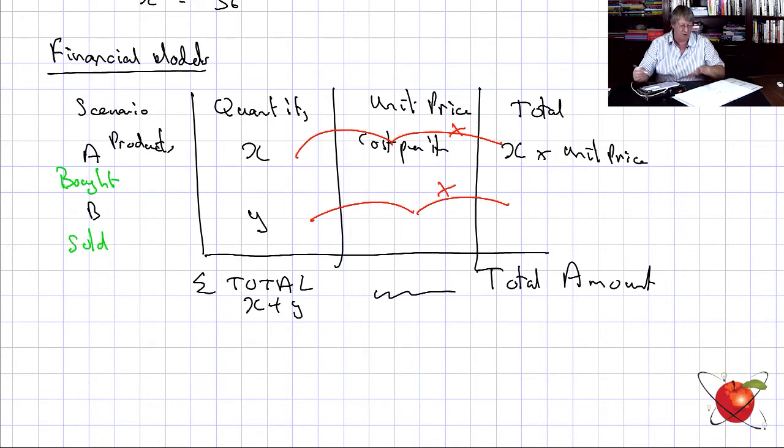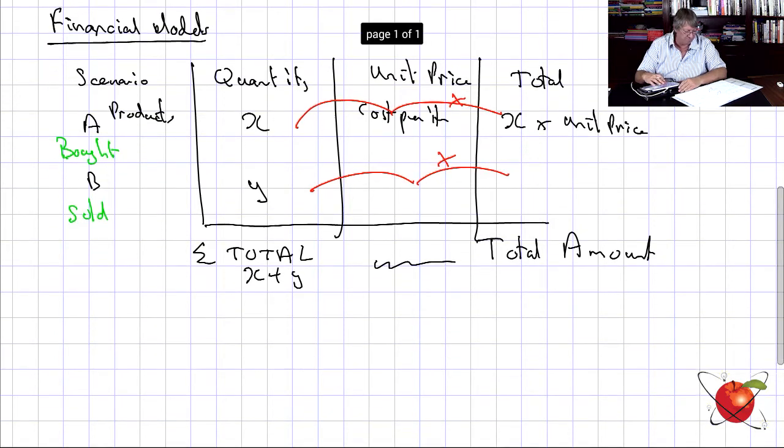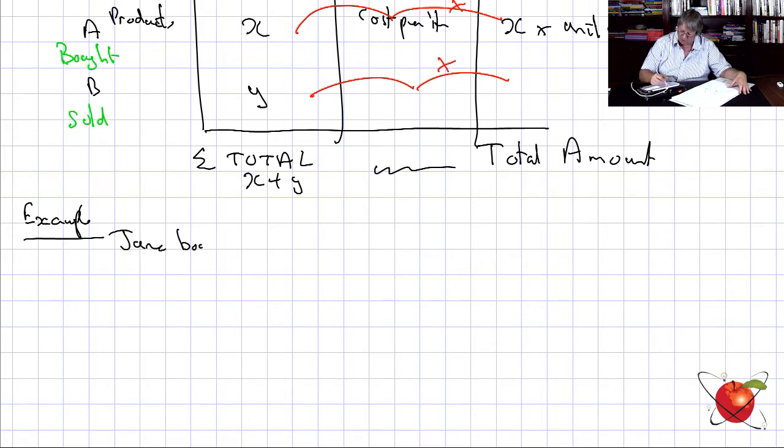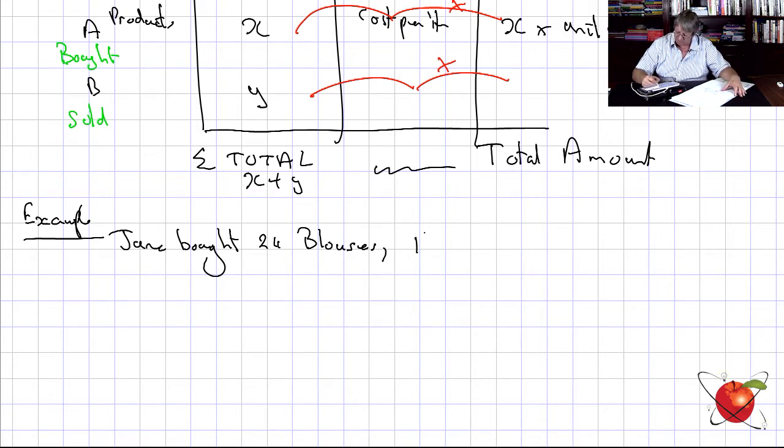Now, let us do an example of this, shall we? Essentially, this is a till slip we're going to do, isn't it? So I'm going to write it out here, okay? All right, so yes, we multiply across and we add going down. I think that's pretty straightforward. Let's have a look. Example: Jane bought 24 blouses, right? The H&M cost 90 Rand each,